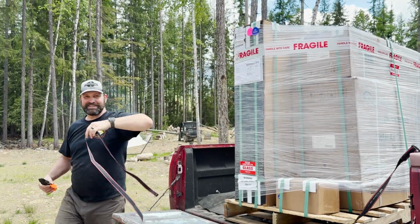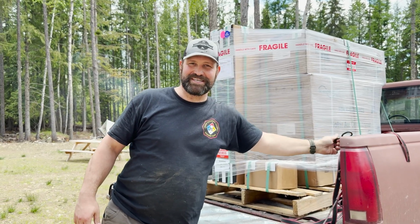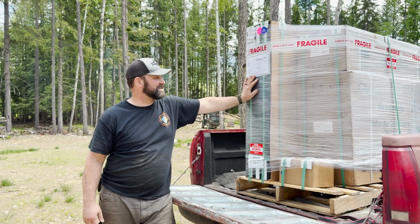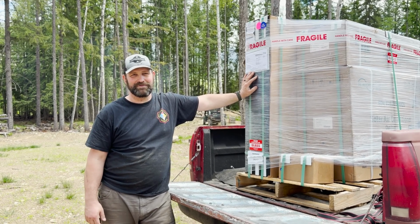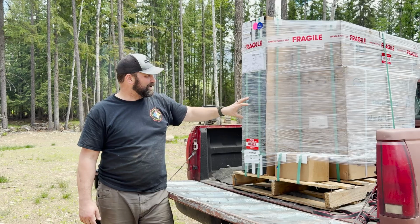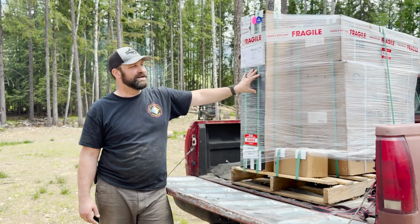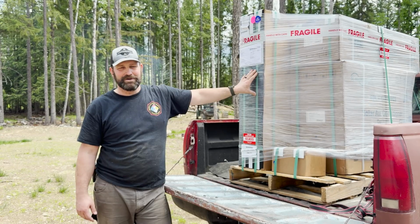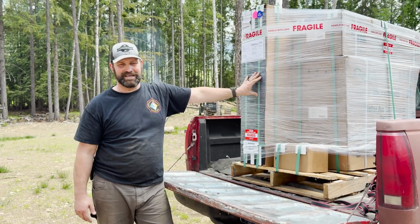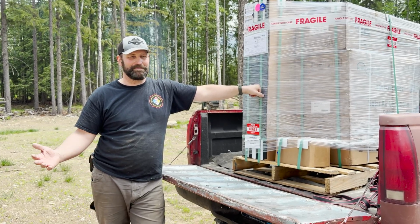Well, we got our delivery and I am so excited. Our house is going to get air conditioning, but not just any air conditioning. We're going with Signature Solar's hybrid 24,000 BTU heat pump mini split. So it's a hybrid because it can work in 3 different modes. It can work solar only, it could work grid only, or it can work solar priority and then grid if there's not enough sun. So in the summer, we're gonna have plenty of sun and we'll have ample power to